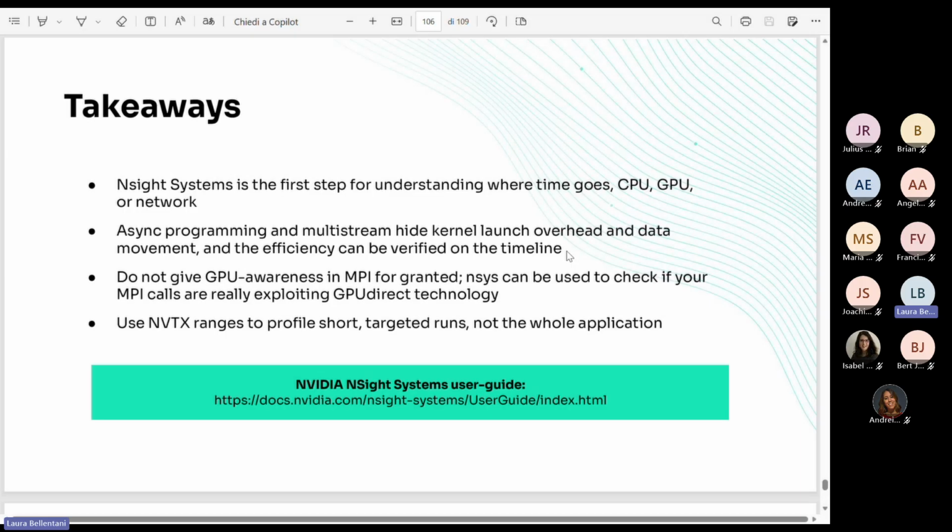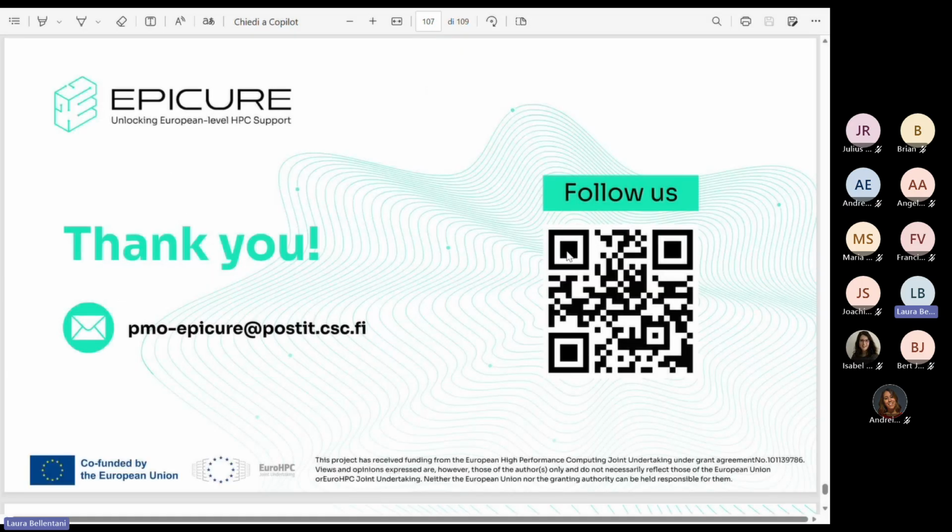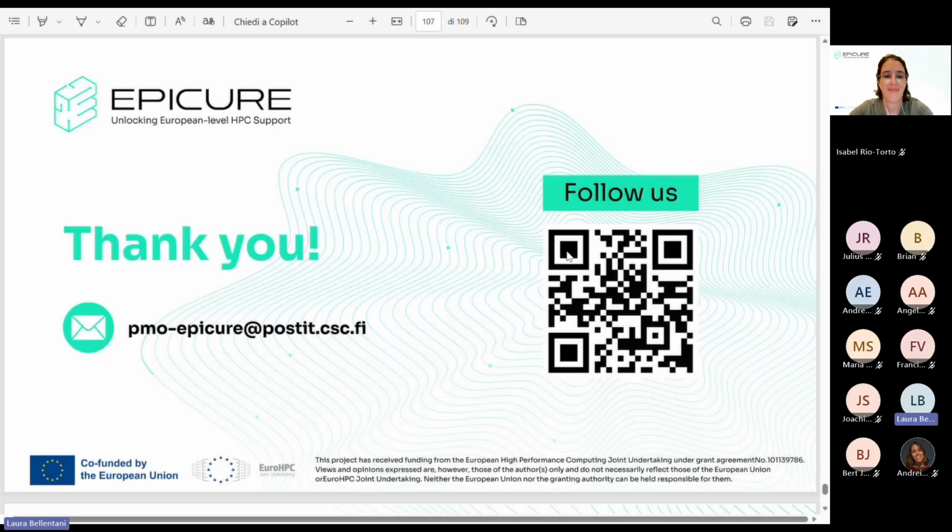Do not take GPU awareness in MPI for granted, and nsys is a very useful tool to check if your MPI communications are actually GPU-aware. Use NVTX ranges to constrain your measurement, to profile short and targeted runs so you can get meaningful results. Here I also leave a link to the user guide, which contains much more information about the tool. I thank you for your attention, and I leave the floor to you for questions.